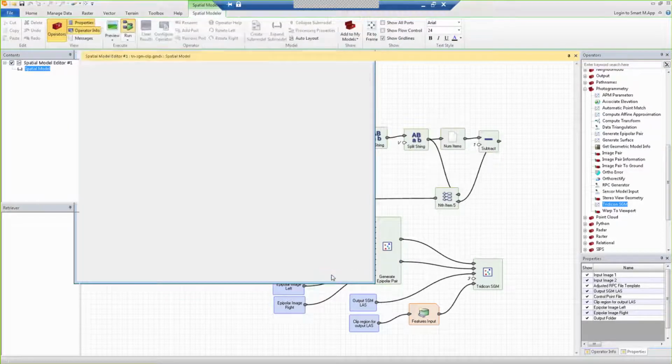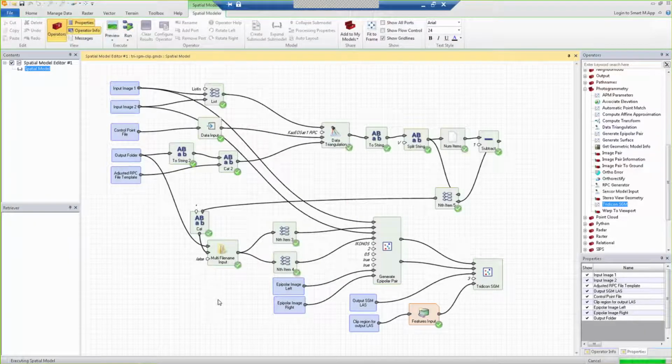So once you click OK, it's going to basically quickly run through the process from data triangulation. If you see the green checkbox, you will see the process going through from the form image list, then data triangulation, then come down to the epipolar pair generation. Epipolar pair is probably the most time-consuming part, since it's also kind of like